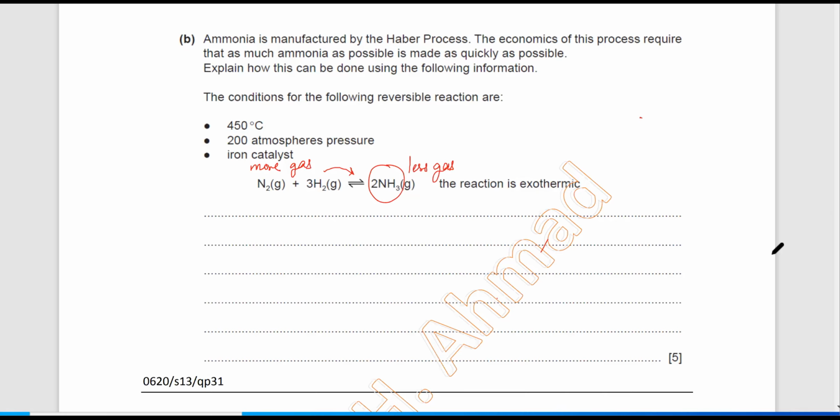चलो ठीक है. फिर से I was saying कि मेरे ख्याल से वो तार निकल गई थी. I was saying कि उसने economics of the process के ऊपर ना comment भी किया हुआ था और कहा हुआ था कि how do you make as much as quickly as possible and you have to explain, यानी वो सारी justification देनी है जो हमने पहले की थी. So you have forward side पे ना we need more forward reaction. We need to make more ammonia, which means के forward side पे ना there is less gas. So higher pressure, तो आप पहले तो उसके ऊपर comment करोगे कि जी higher pressure, less gas moles side is favored.